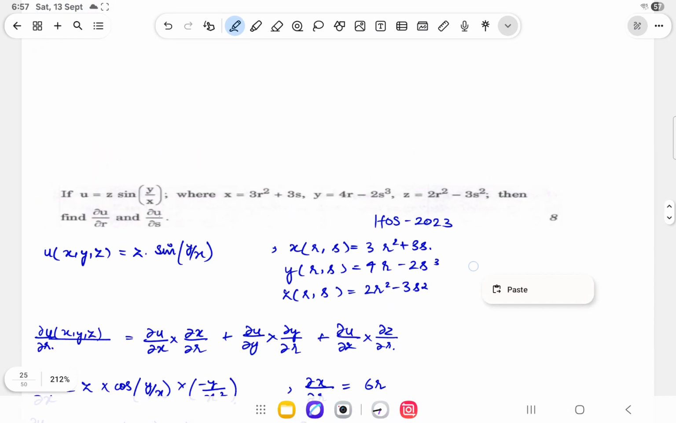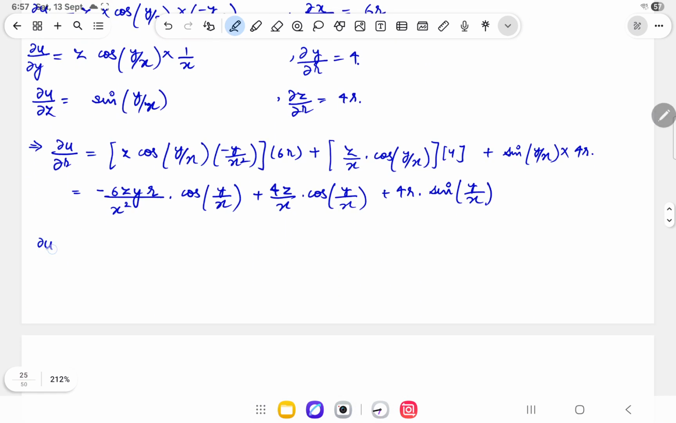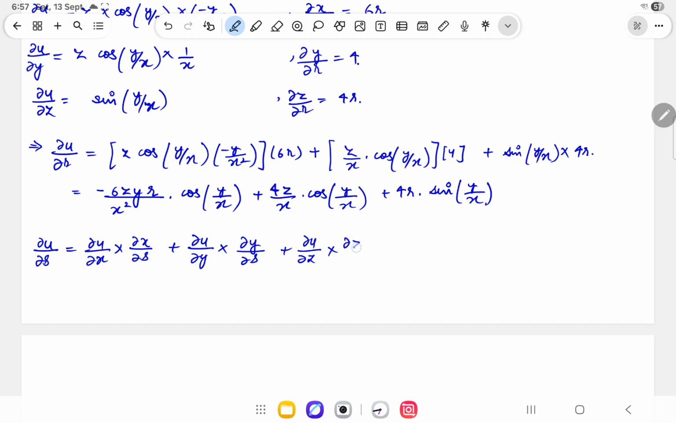Now we are also supposed to calculate ∂u/∂s. So let's do that. ∂u/∂s will be equal to ∂u/∂x into ∂x/∂s plus ∂u/∂y into ∂y/∂s plus ∂u/∂z into ∂z/∂s. We have already found the values of ∂u/∂x, ∂u/∂y, ∂u/∂z. We are only supposed to calculate the values of ∂x/∂s,